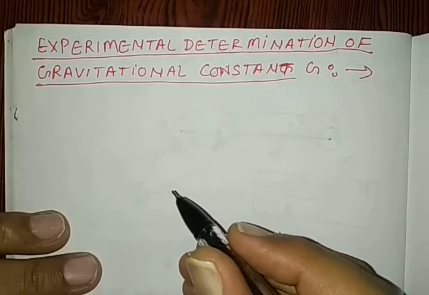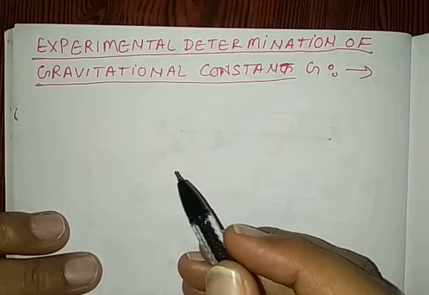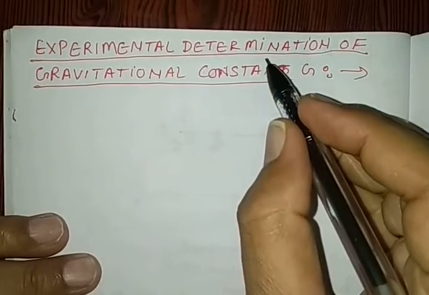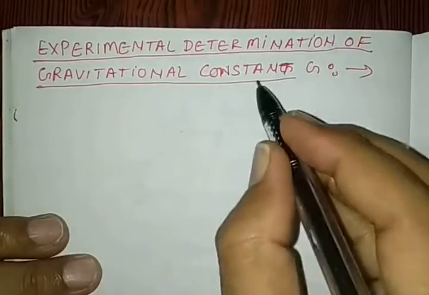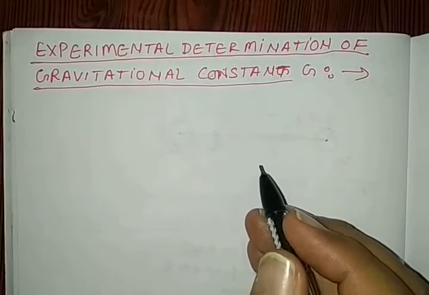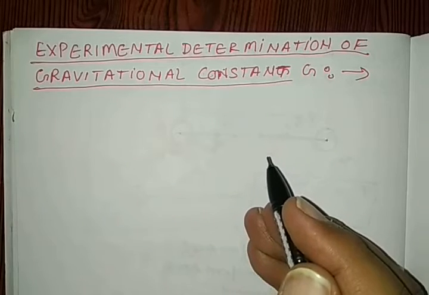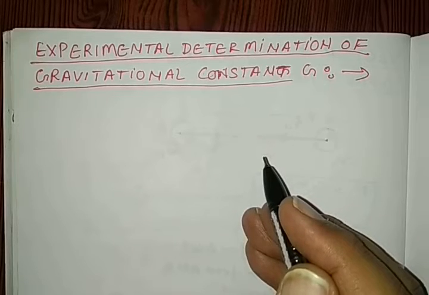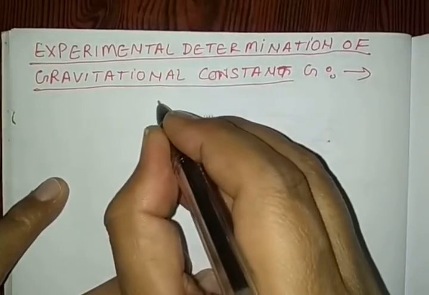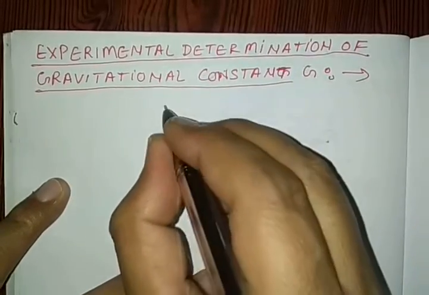Hello everyone. Today we are going to see an important topic, that is experimental determination of gravitational constant capital G. So see how the value of universal gravitation constant capital G is determined. So see this theory very carefully. This experiment is done by Cavendish